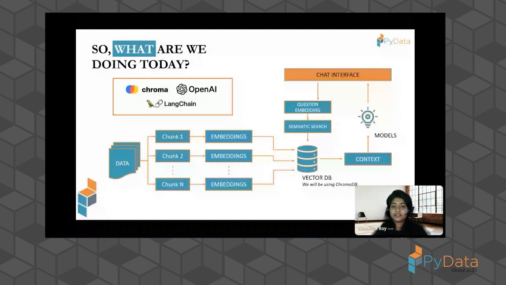From the chat interface, the incoming arrow is the question that you have asked. So the question gets embedded as well, because the model has to understand the question as well. So you have to convert your question in natural language into numbers, and then use semantic search, which is basically a similarity technique for understanding how similar these texts are. So basically relating what has been said in the question to understand what kind of information is in the vector DB, and get the most similar context,